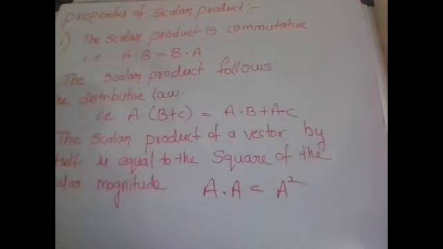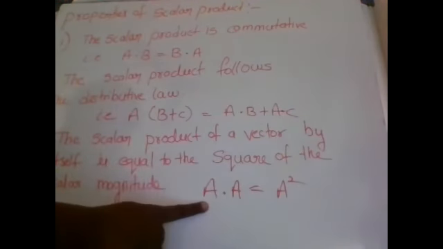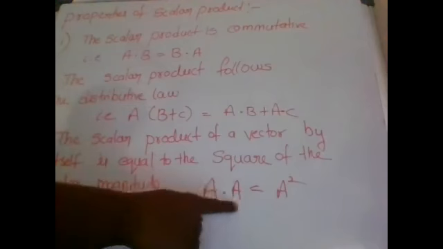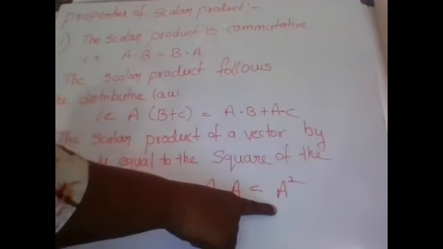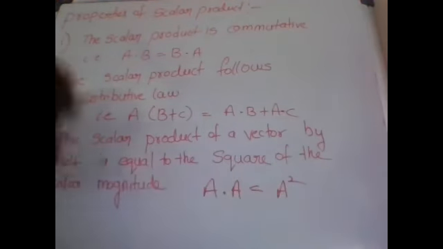First one is commutative, from that A dot B equals B dot A. Second one, the scalar product follows the distributive law: A dot (B plus C) equals A dot B plus A dot C. And third one, the scalar product of a vector by itself is equal to the square of the scalar magnitude. That means A is a vector, itself means A dot A equals the square of the magnitude of vector A, A square. And fourth one,